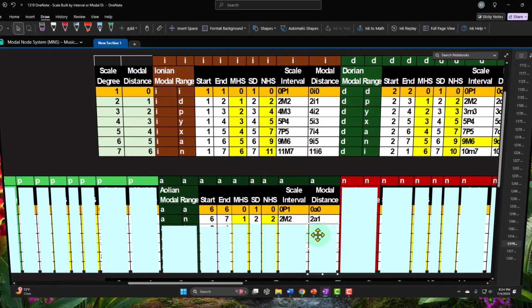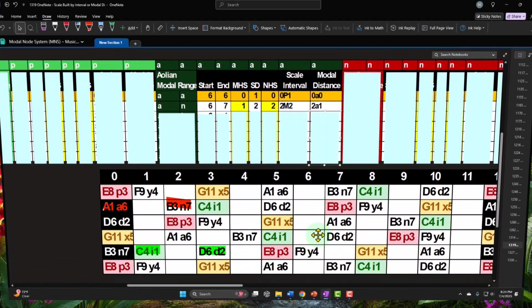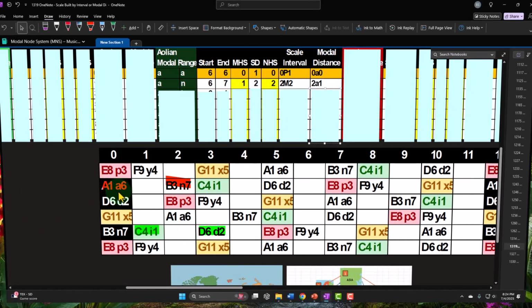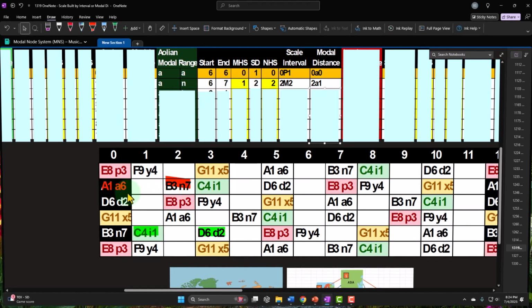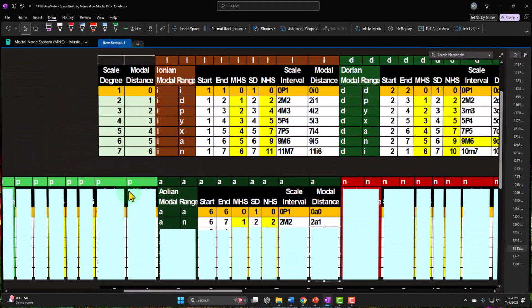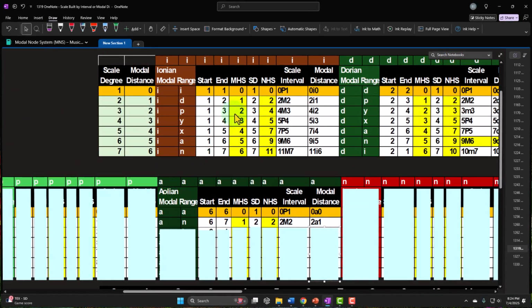So I'd like to call it a 2 note away from the Aeolian node, first modal half step, right? It's 2 notes away from the Aeolian node, first modal half step, which would be the second scale degree if I make that the 1. All right, what if we went 3 modal halves? What if I went 2 modal half steps up from the Ionian? That would be a 1-3 modal range, a 2 modal half step up, third scale degree,